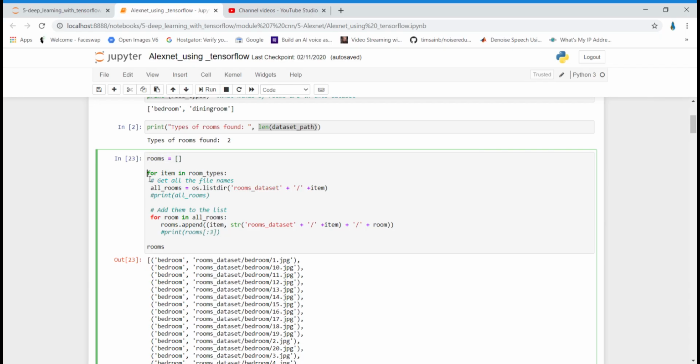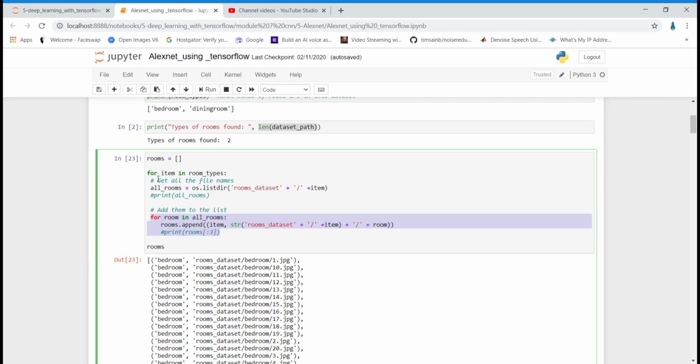So I'm using two for loops over here. The first for loop will help us enter a folder, and by using the next loop we will get all the images of that particular folder.